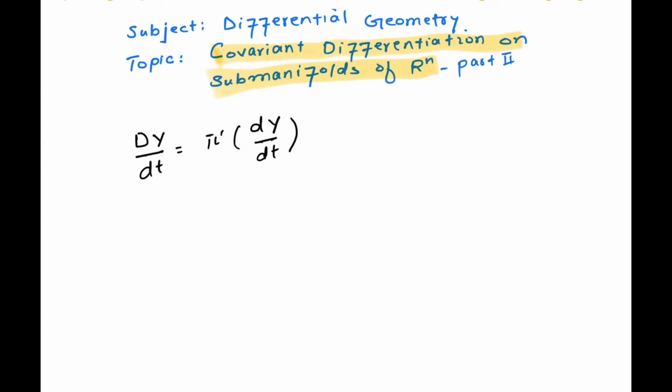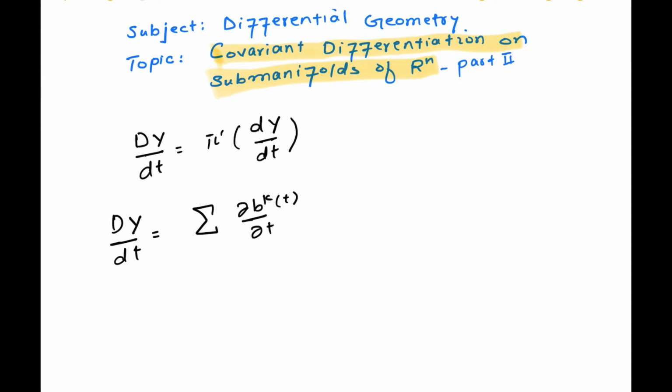So finally we came up with an equation, and that equation was that covariant derivative, this capital T is representing the covariant derivative, is equal to summation partial bk partial t, where bk is a component